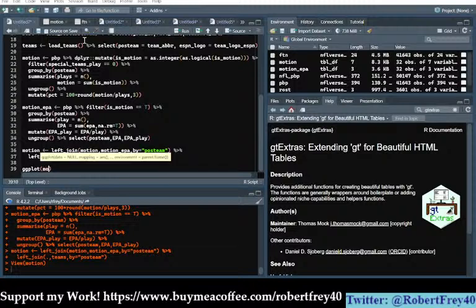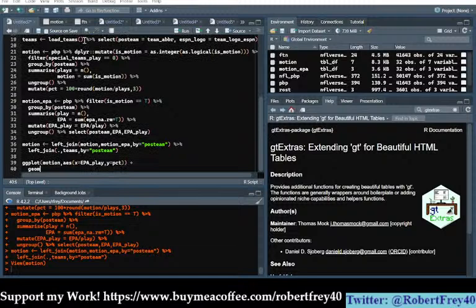So simply we're going to create a basic plot. ggplot motion, aes, which is just aesthetics, so that way it keeps it throughout, kind of like the piping operator keeps that data set intact throughout the rest of the code. aes keeps the two variables that you select available throughout the code. So x equals EPA per play, y equals percentage,